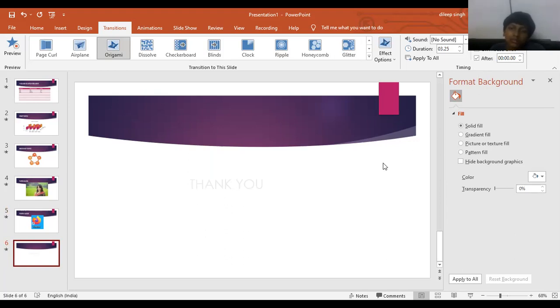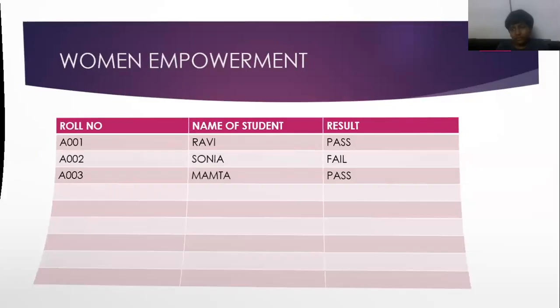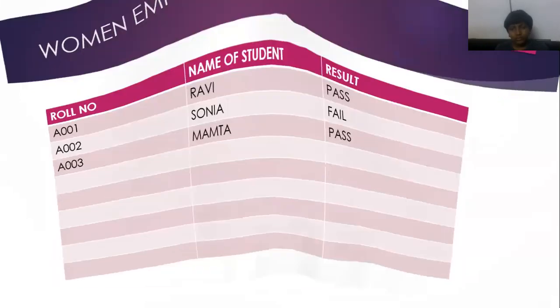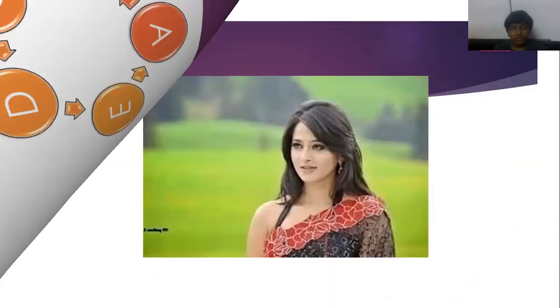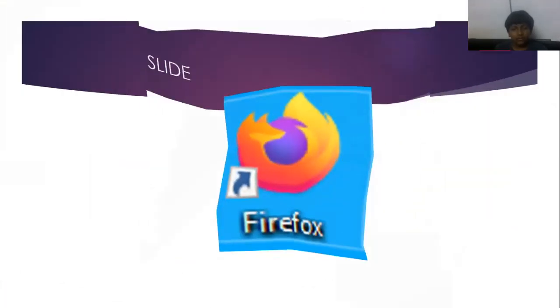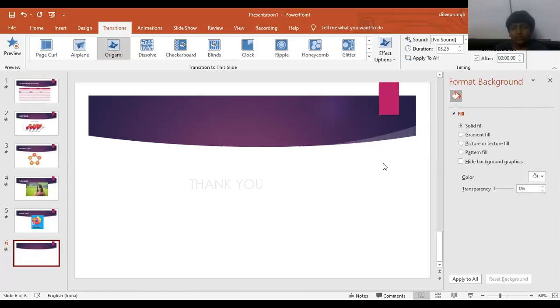Just press F5, the slide will automatically change in serial. Clear? So this type of automated presentation means automatically completing the whole presentation by setting our time from this.